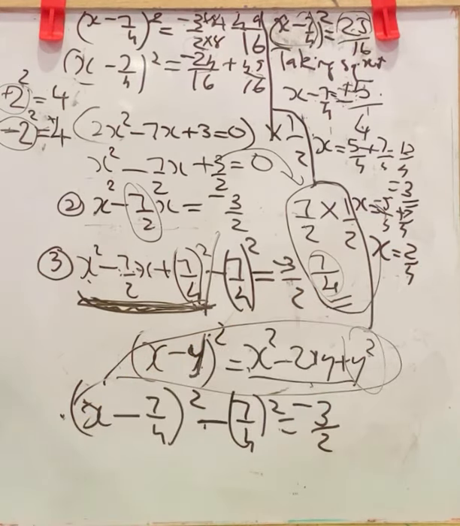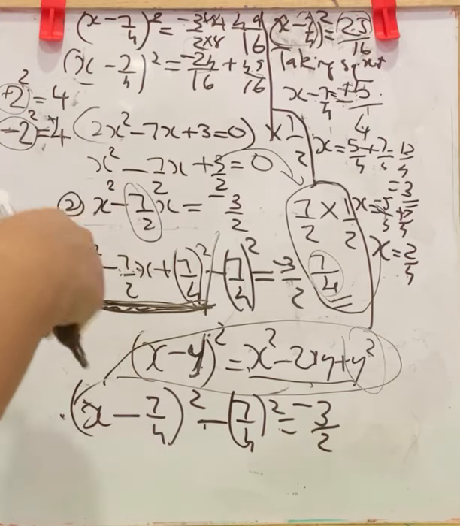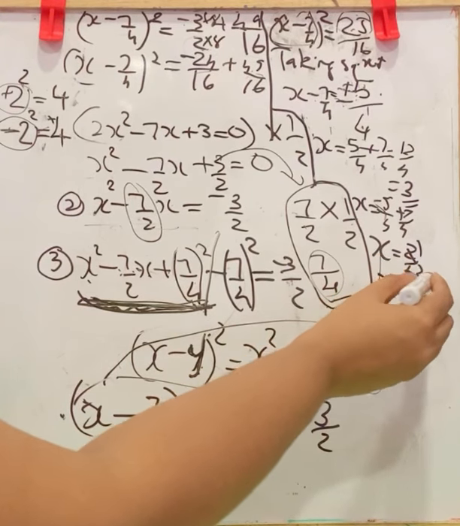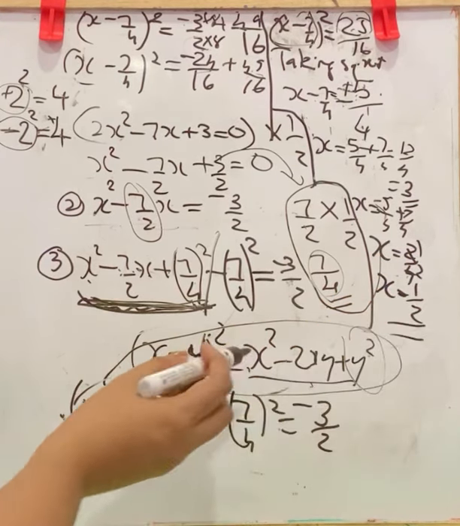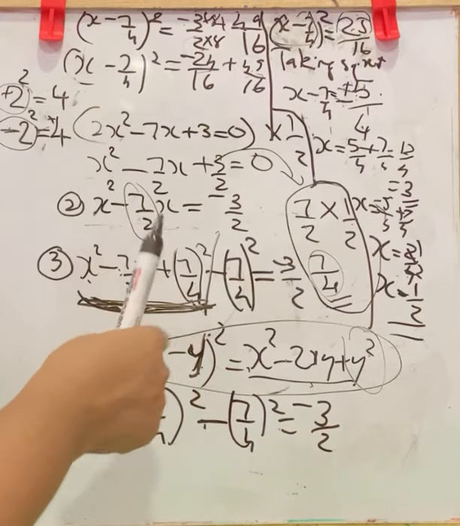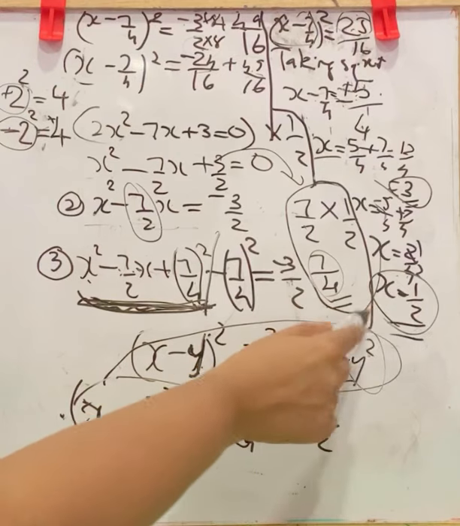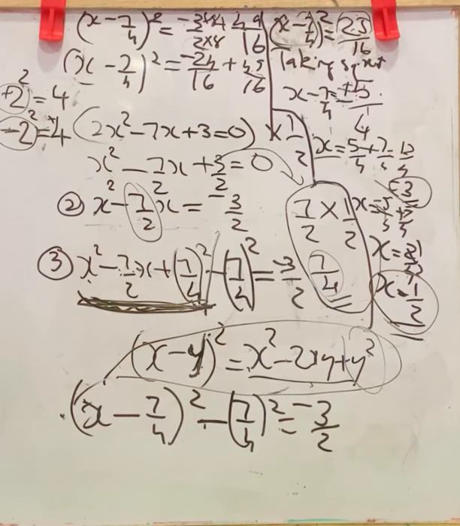In 2 and 4, you have 2 as a common factor. You can cancel it to the least form. That is x is equal to 2 1s are 2, 2 2s are 4. 1 by 2 is the answer. So you got two solutions for x. Either x is equal to 3 or x is equal to 1 by 2. Okay. So this is how you find the solution using the completing the square method.